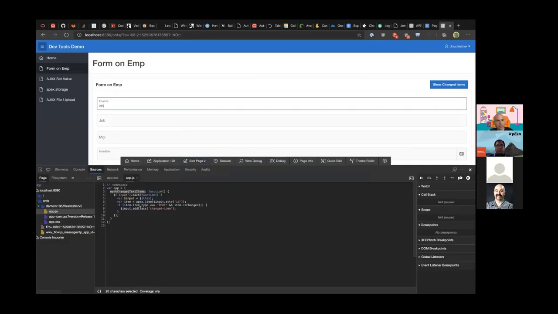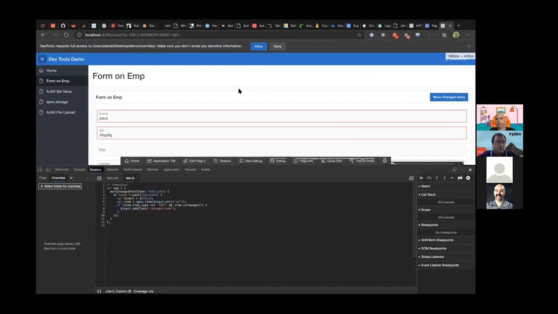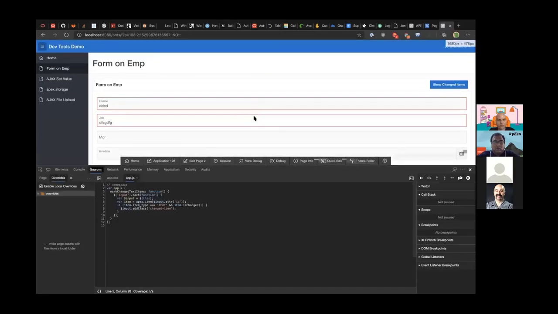So this code does basically this. These two items are changed. Now I'm enabling local overrides. So you select a local folder, overrides. It must be an empty folder, otherwise it doesn't function well. So now the browser asks you if it's okay to access that local folder. Yeah, of course. And from this time on,